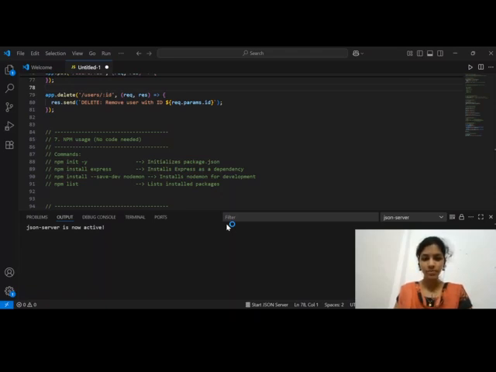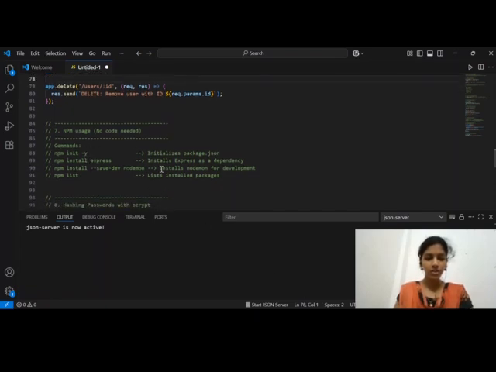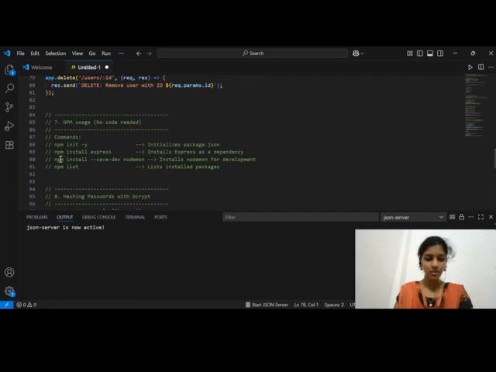You can use npm init -y, which initializes the package.json, and npm install express. This installs express as a dependency, and npm install --save-dev nodemon.